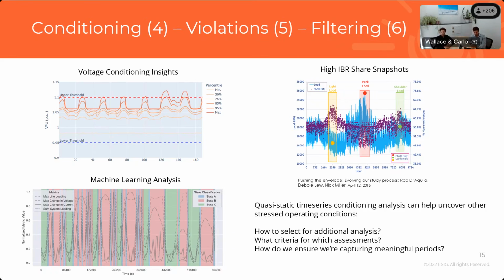And this is a space where machine learning type analysis of data could help us understand the loading of our systems in a more interesting and rigorous fashion, where we can actually look at the operating conditions across an entire year, or maybe a quasi-static time analysis of a week, 168 hours, to understand which times are actually susceptible to certain types of instabilities. So once we exercise our conditioning, identify conditioning elements via violations and do some filtering, well, then we